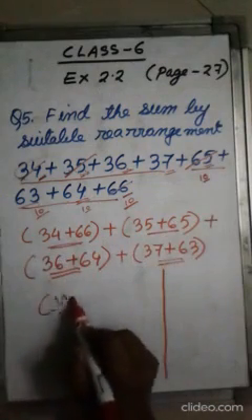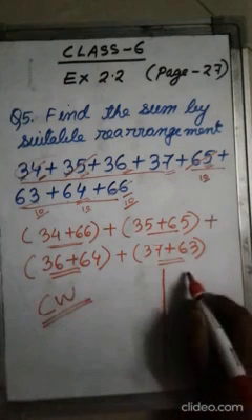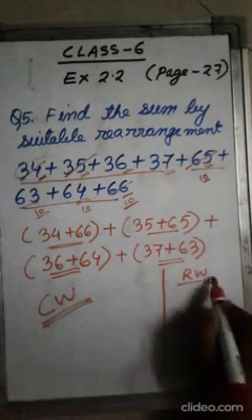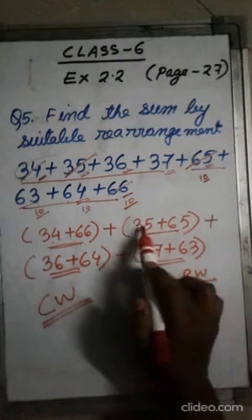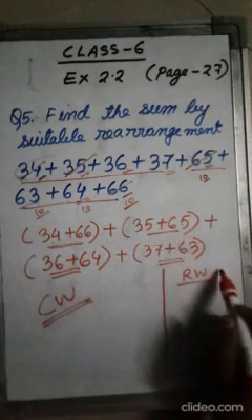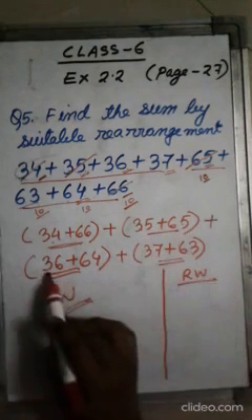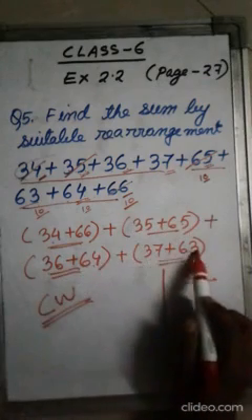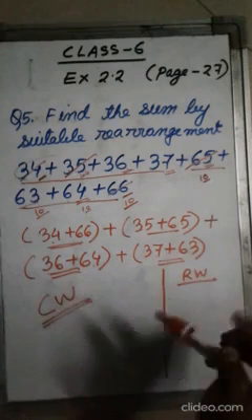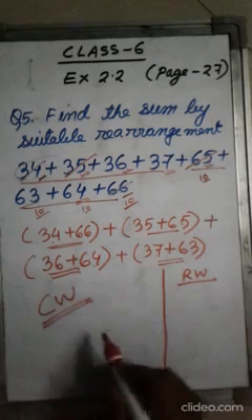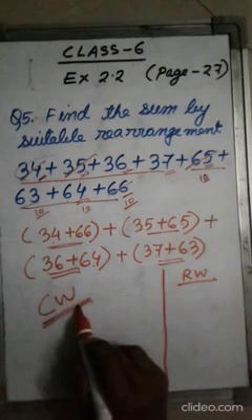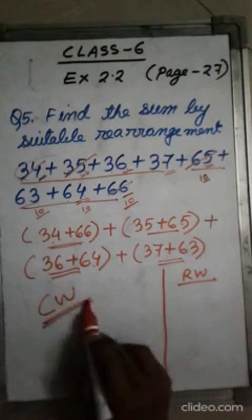This is your classwork for today. Rough work, you add the numbers, this number and this number. What you get, you write here. This number and this number, you do the sum. This number and this number, you do the sum. This number and this number, you do the sum. As I have done in the previous sum, you have to also do like that. Complete this and submit it before 12 o'clock.